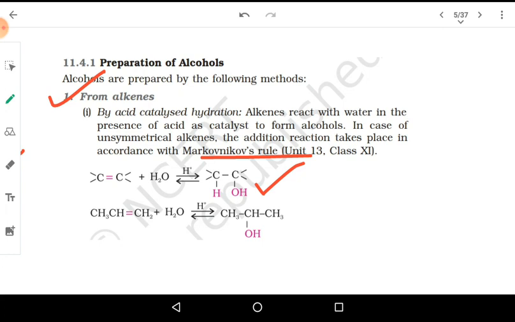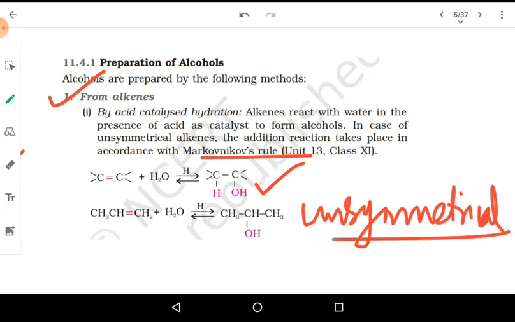But in the case of unsymmetrical alkenes, what we should do is make the poor more poor by adding the bulkier group onto that side. That means wherever the hydrogen is less, that is known as the poor side, and onto the poor side we are going to deposit all the bulky groups. So the OH will come over here and the H will come over here because this is a lighter group.